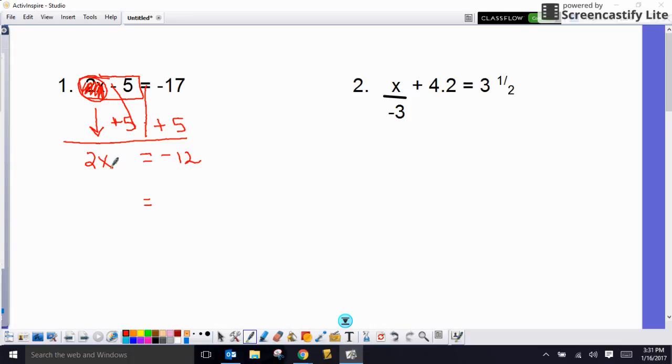Now I'm left with 2 times a number is -12, and this means to multiply, and the opposite of multiply is divide. And divide by 2 on both sides, and I'm finally left with x equals, and -12 divided by 2 is -6. And so I think this is going to work good, except my pen is having a hard